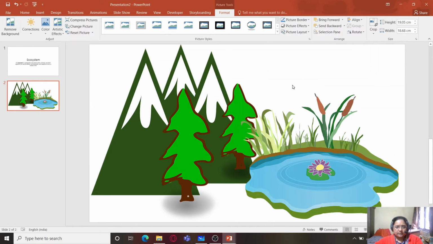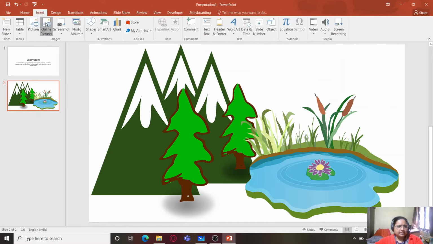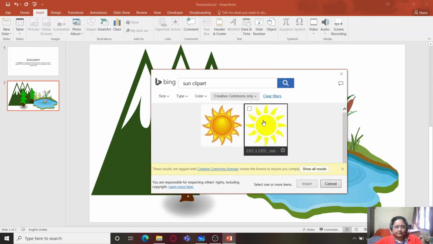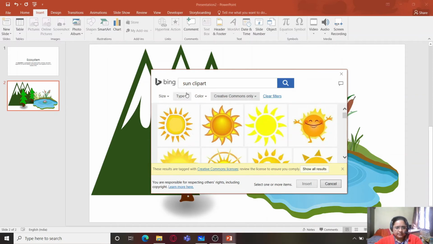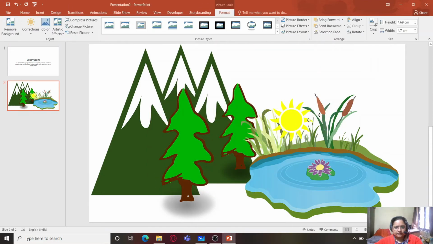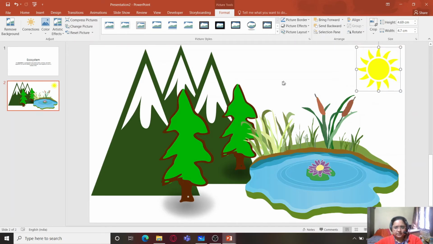And then maybe a sun, so we can go for sun clip art, and you can find some images of a sun also, so we'll click on any of that and we can place the sun right over here.